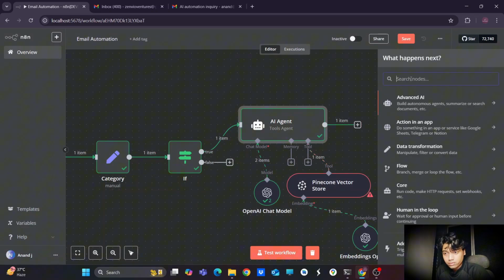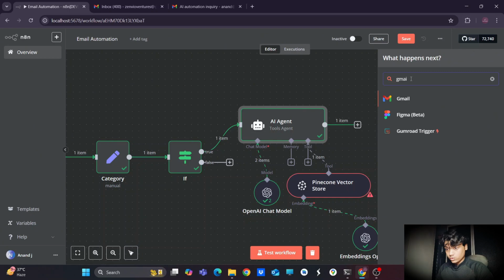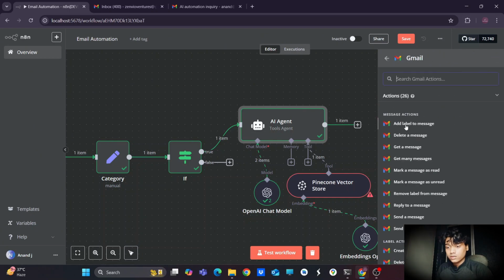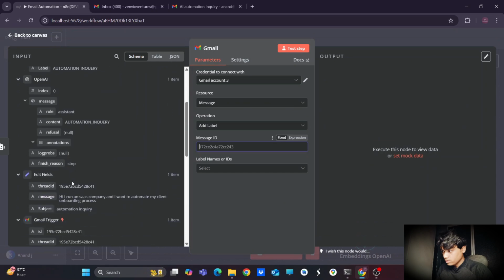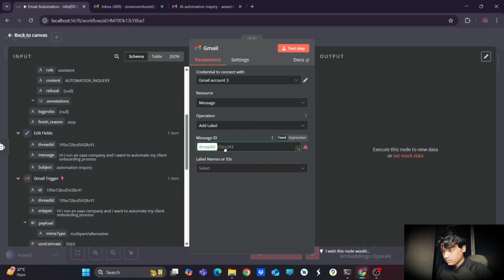After that, we need to add two nodes. One is to add a label to the email to classify it, and the second is to create a draft. I'm adding the label first. In Gmail, we need to add a label to message. For the message ID, I will be using this thread ID.